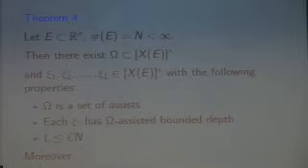Okay, and in terms of these linear functionals, in terms of the computation of the norm, the story is that given a finite set E with n elements, there is a set of assists omega. There's a list of linear functionals with the following properties. Okay, first of all, omega is a set of assists, so we can compute it essentially free. Each of these linear functionals has omega-assisted bounded depth, so that means that each one of these can be computed incredibly fast once you know what omega is. And furthermore, the number of these is less than a constant times the number of elements of the set E.